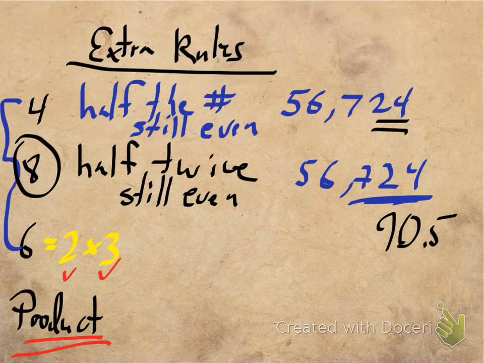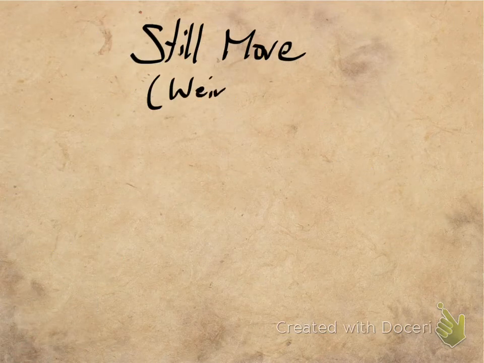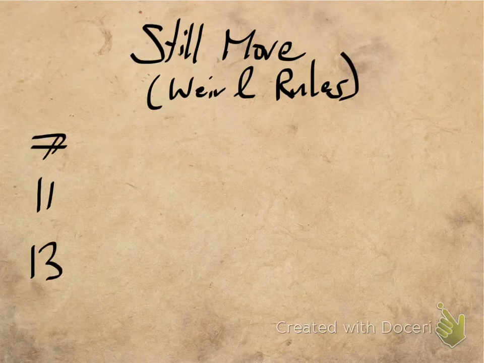Which brings us to the crazy rules. There are actually divisibility rules. We call them the weird rules for 7, 11, and 13. Now, 7 is my favorite one. It's one I actually use in normal life. Oh, really? All right, so the rule for 7: a number is divisible by 7 if you can take the last